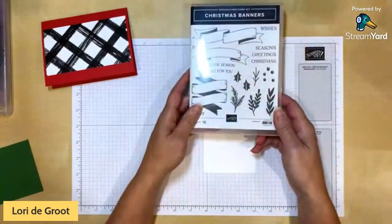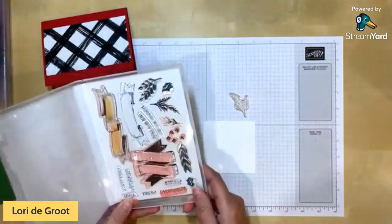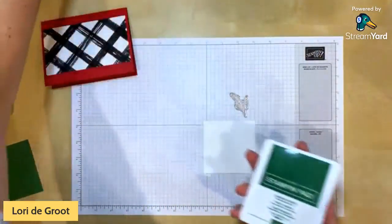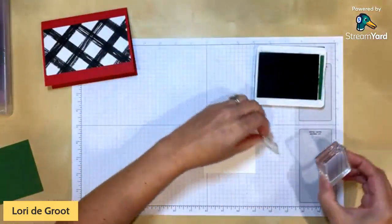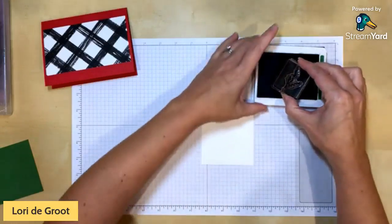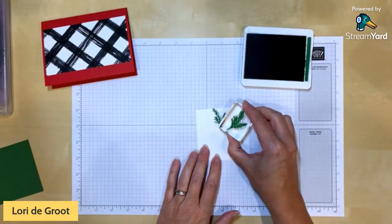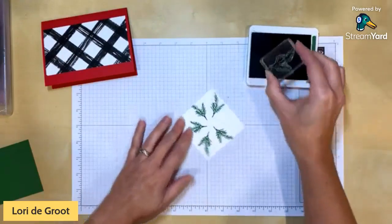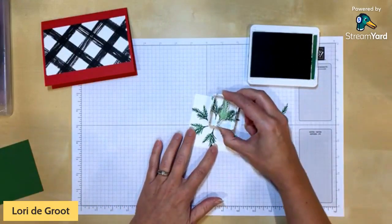And now we're going to do some stamping. So I'm going to grab the leaves that look more like a spruce tree or fir tree, right? So that is more Christmassy. And to keep with our Christmas colors, I'm going to use garden green. Okay. And what I'm going to do is just kind of stamp this like in a little circle. Okay, so we're just going to kind of do this. Okay, and then if you want to fill it out a bit more, then you can stamp off and then